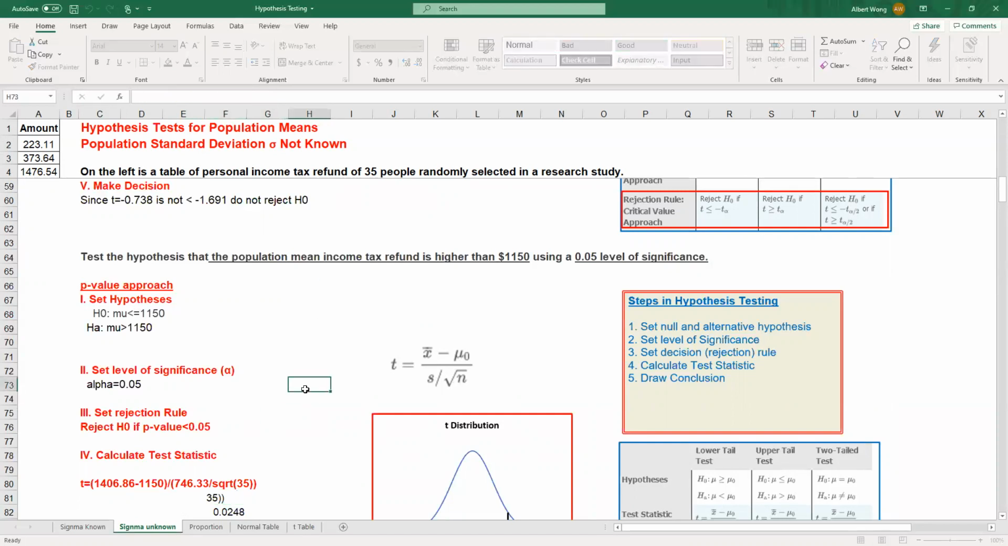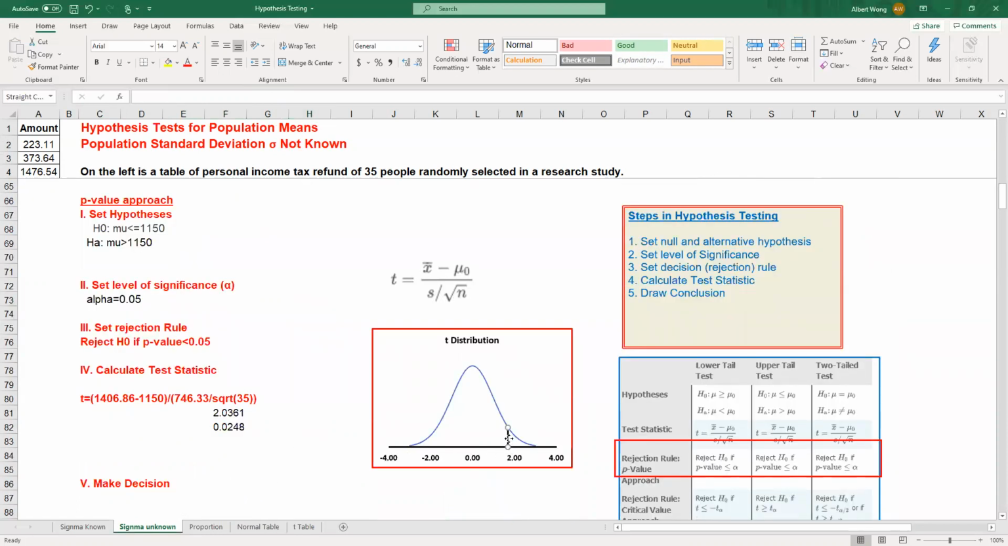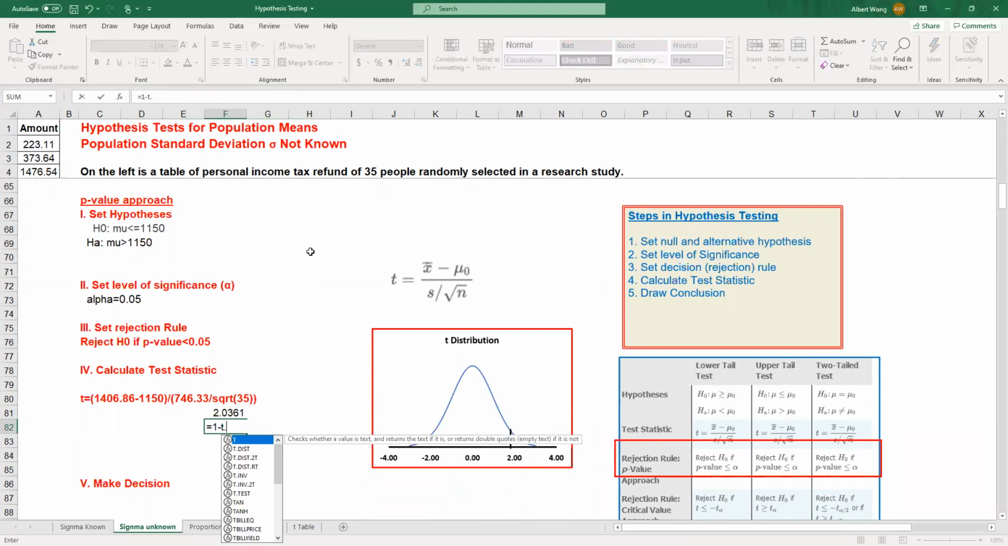The calculation tells us that the number is 2.0361. And so it's actually just right around here. And same logic as before, we want to find this area, because this is an upper tail test. How do we do that? We calculate the probability of this and do 1 minus. So let me just write that for you. You do 1 minus t dot dist, because this is a t distribution,